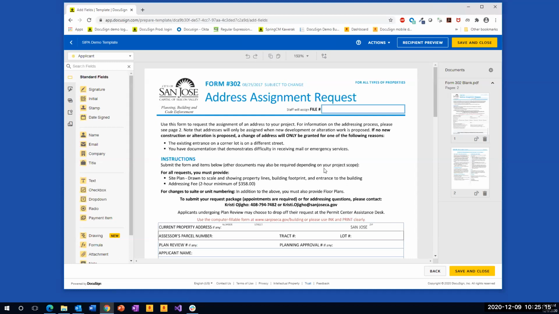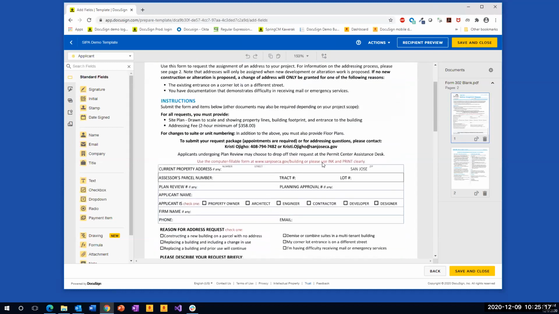So what you want to do is, first of all, let's define all the data fields that I want to capture from the applicant. So to do that, first of all, you make sure that the applicant's name is highlighted right now on the upper left-hand corner. You can switch between the applicant and myself, the approving officer, via the drop-down menu. For now, I select the applicant, and let's say I want to capture the address, right?